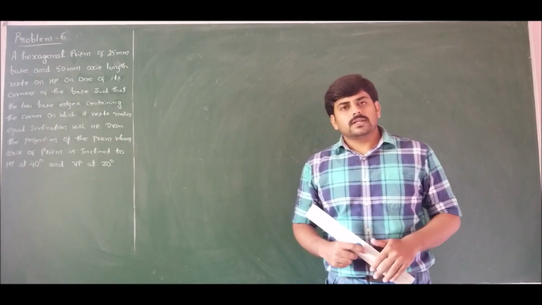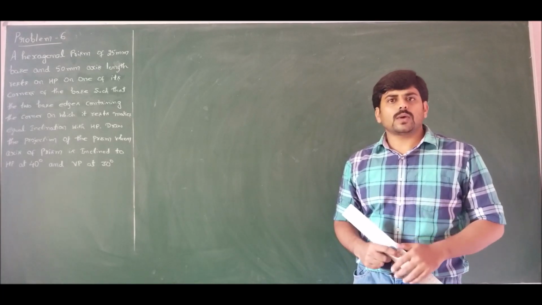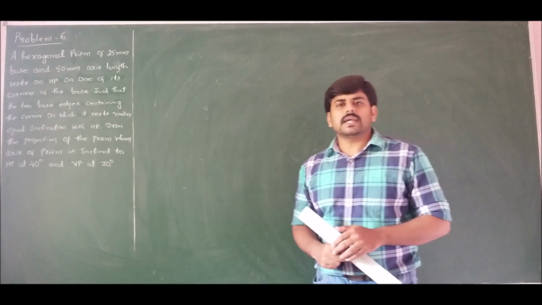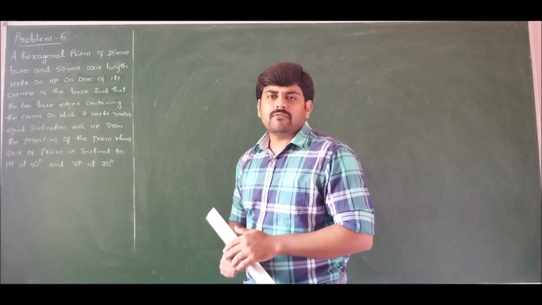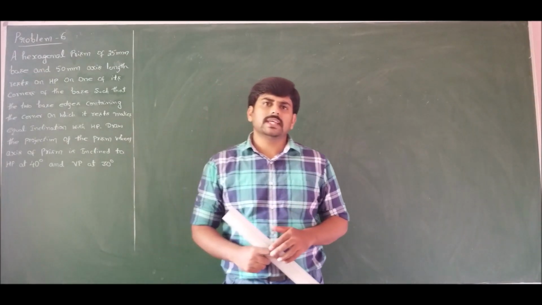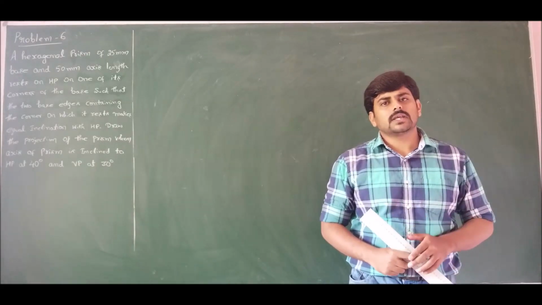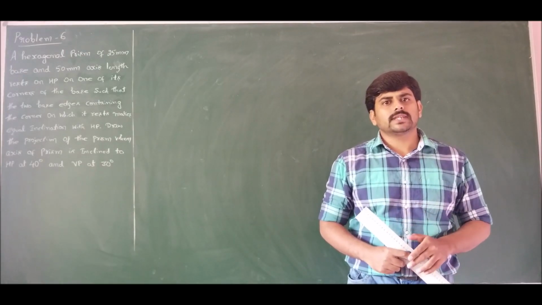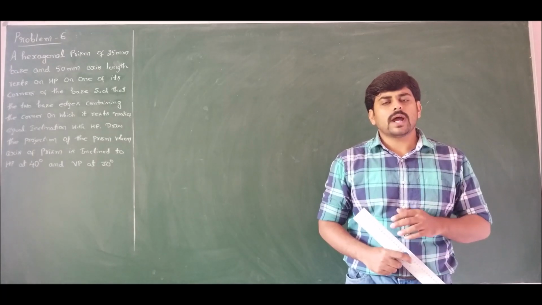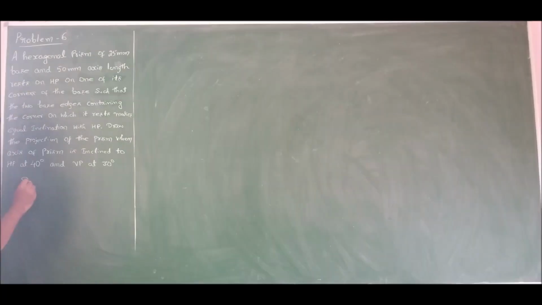If you clearly observe, since we are inclining the axis twice, definitely the length of the axis will be reduced. Therefore, in the final position, we should find the apparent inclination for this apparent axis. What he has mentioned in the question are true inclinations for the axis. Let us move and solve this problem.